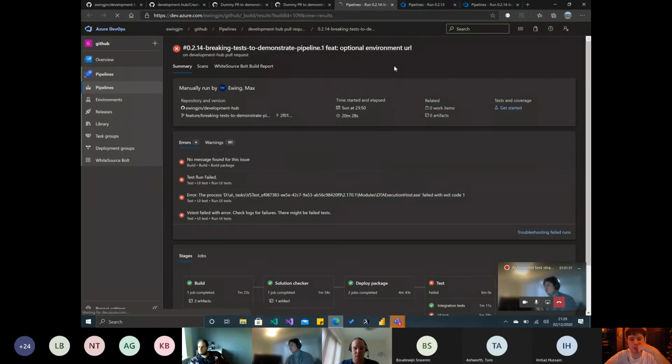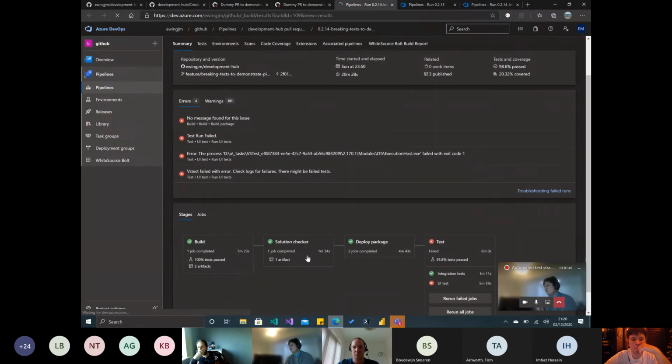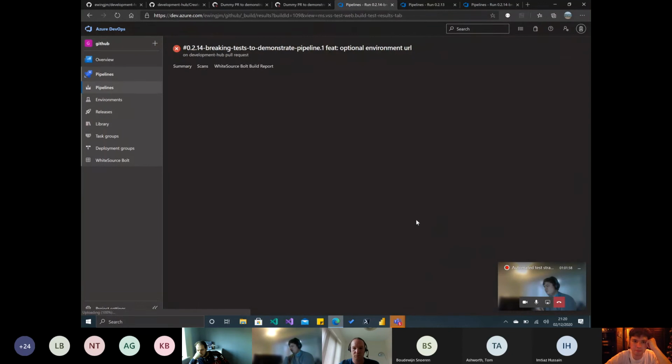And this is that particular pipeline run for that pull request, so we can see the branch name is included in the version there. And we can see how all of the stages here have completed, unit tests passed in there, solution checker and deployment and test, we've got 95.8% passing. So if we open up that,